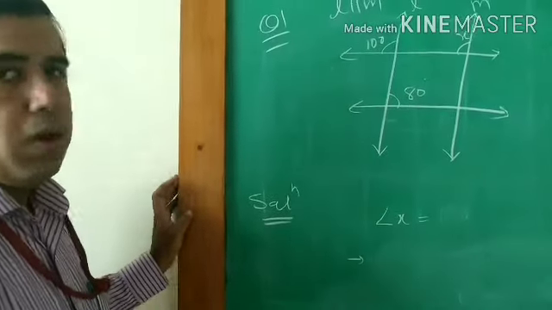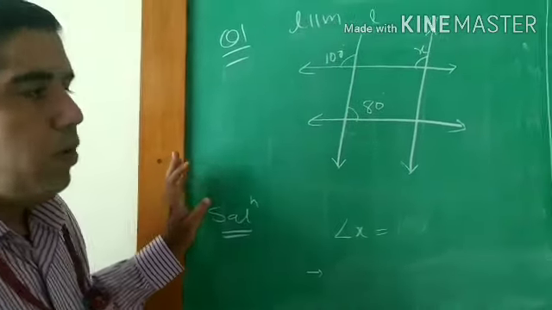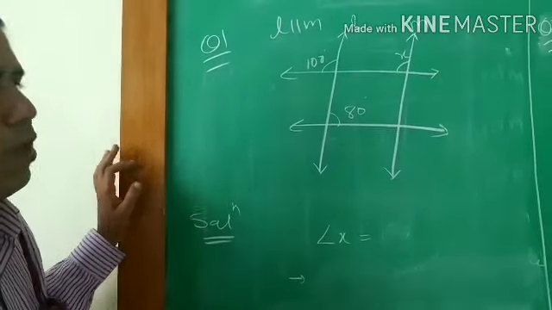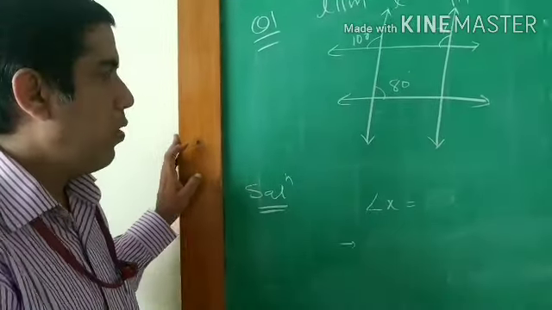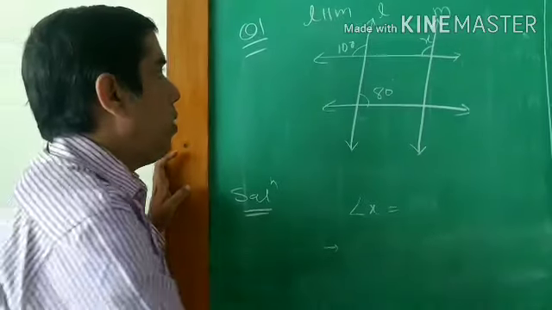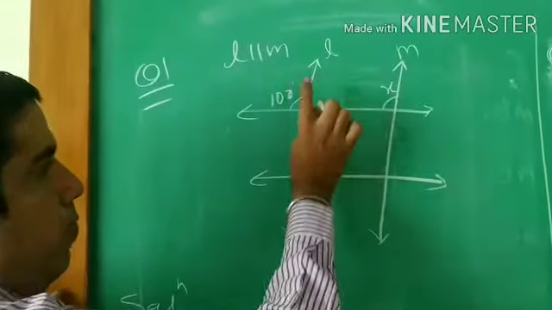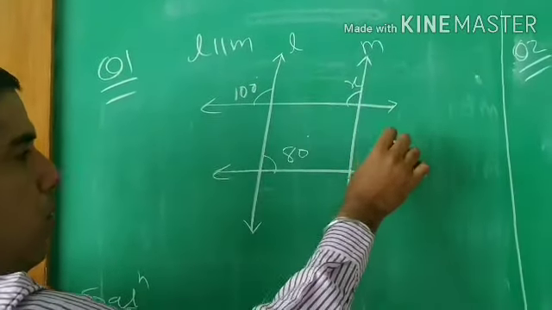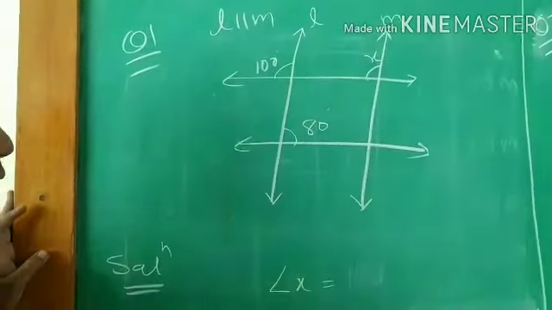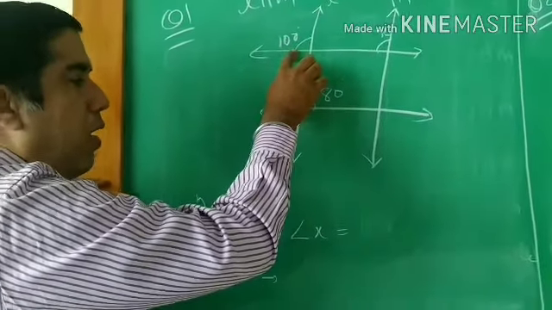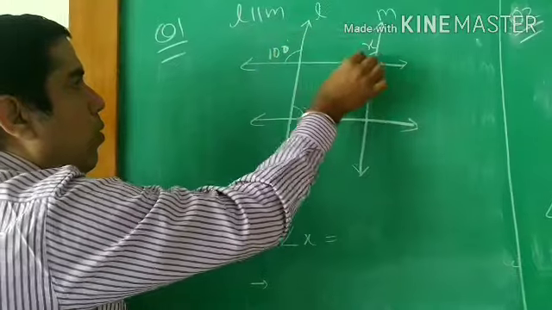Now today we are going to discuss with you lesson number 5 and 6, some problems which may confuse you. I already discussed similar problems, I am discussing once again with you. Now you can see here, we have to find the value of angle x where L is parallel to M. This L is parallel to M. Now you can see here, angle x equal to 100 degree. Why? You can see here, because it is corresponding angle.